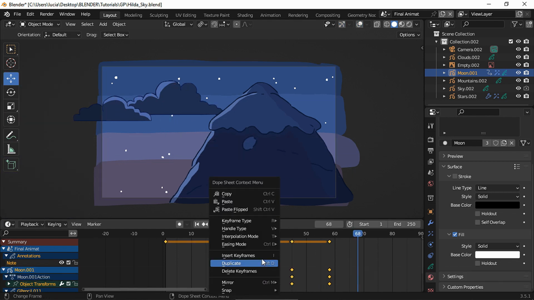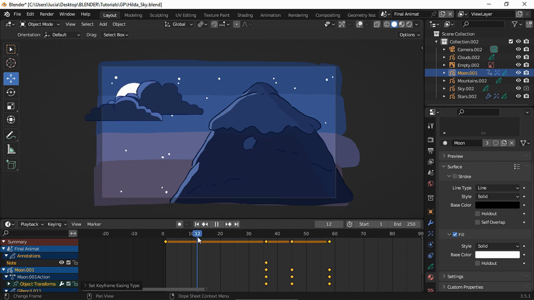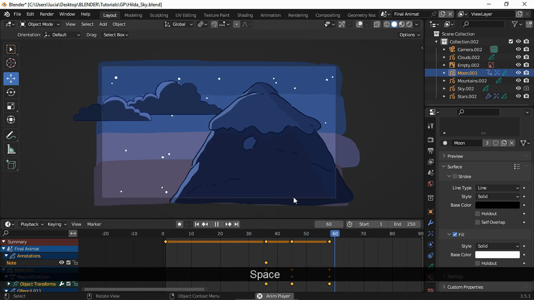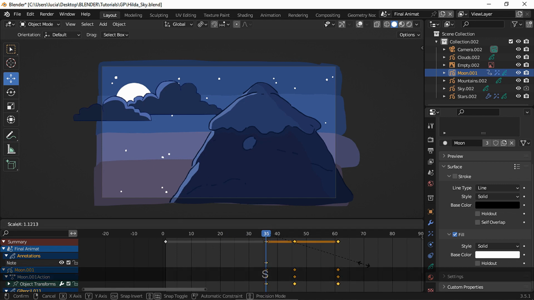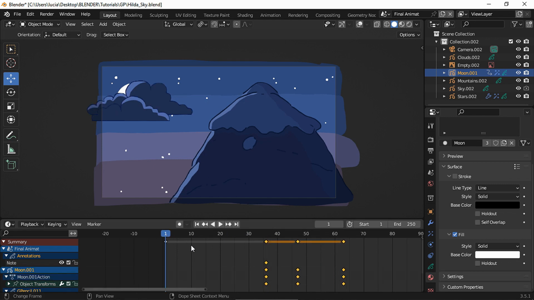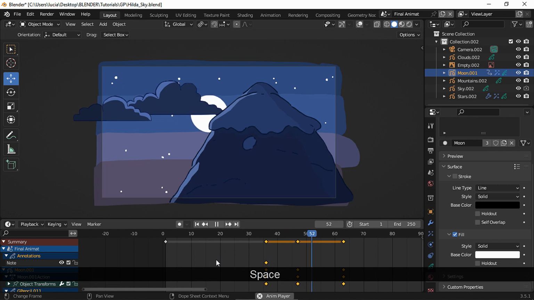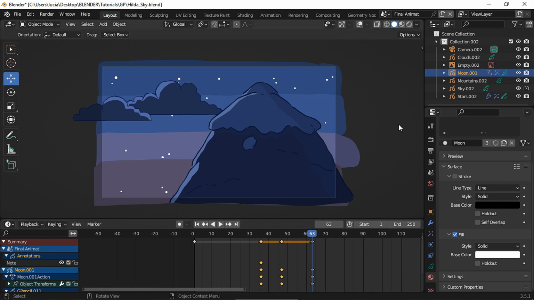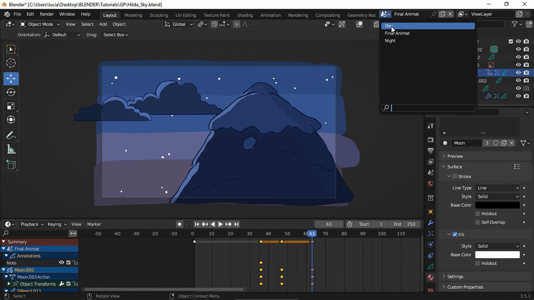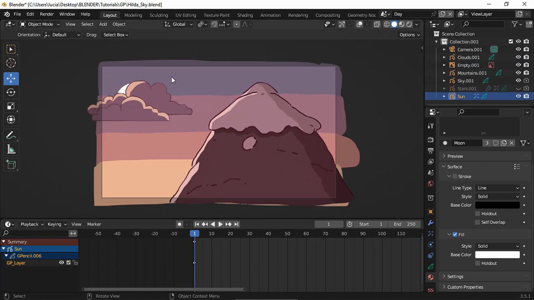And I eased the keyframes. I spaced the keyframes a bit more. And then I copied the sun from the day scene.